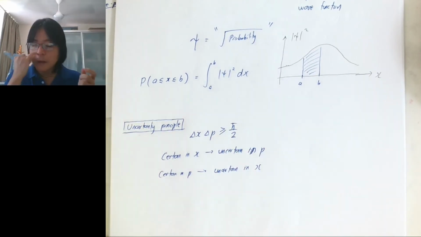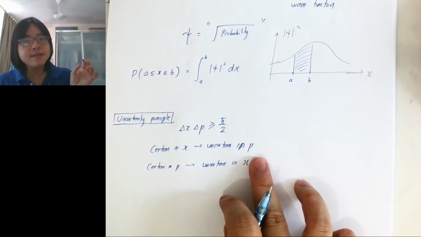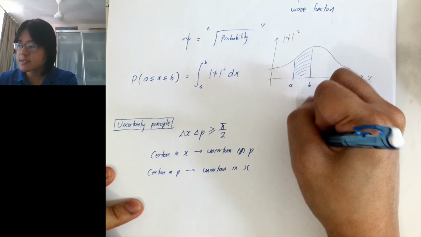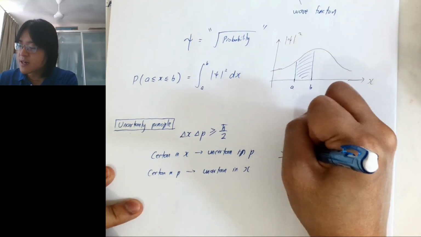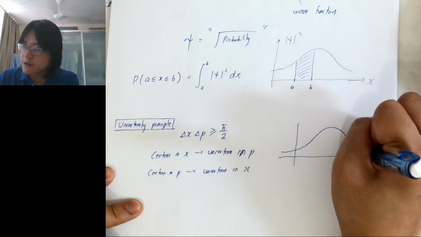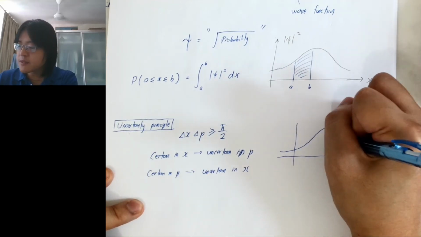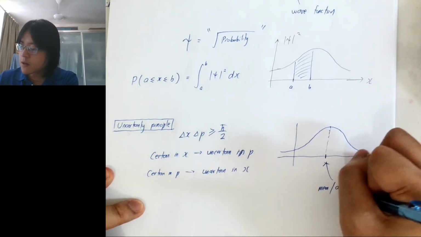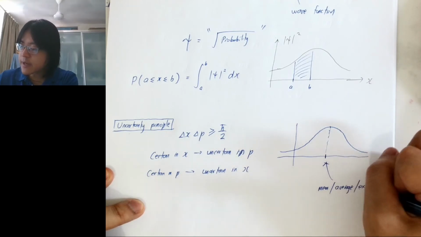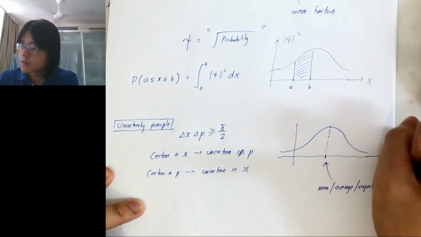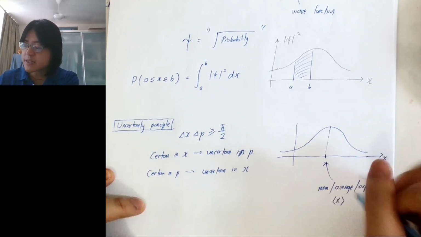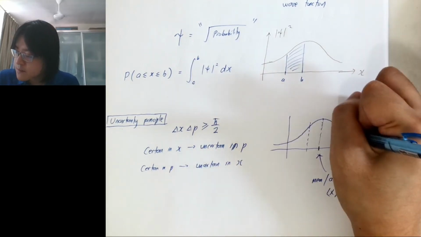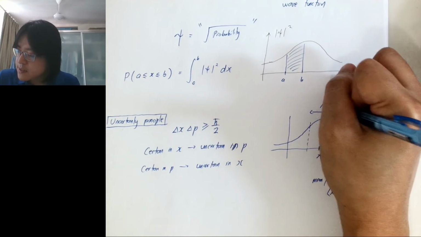And similarly, if you want to be certain in momentum, it becomes uncertain in x. Okay, so what does uncertainty mean here exactly if you are using the language of probability distribution? Let me show you an example. Usually the graph that we deal with quite often is the Gaussian distribution, right? The part at the center is going to be the mean, or we call it the average, or the expectation value. So if this is my x value, then this is my expectation value in x, and the uncertainty is how wide this is. So this is the uncertainty in x.